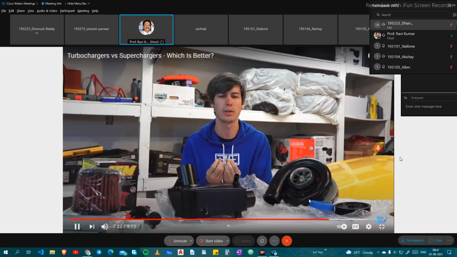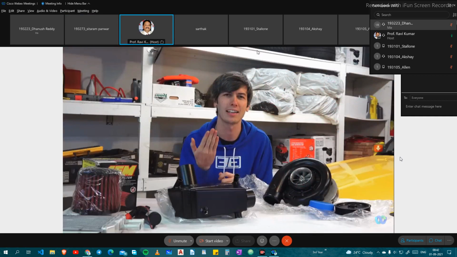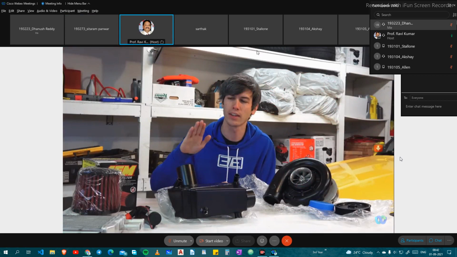So with the supercharger, you get 50%, you get 50%, and your pedal does exactly what you're asking of it in real time. With a turbocharged car, you can take that pedal, mash it quick, and nothing's going to happen at all because it doesn't have enough time to spool up. So you mash the throttle pedal in, the amount of torque that you get doesn't correlate perfectly with where you positioned it with respect to time.